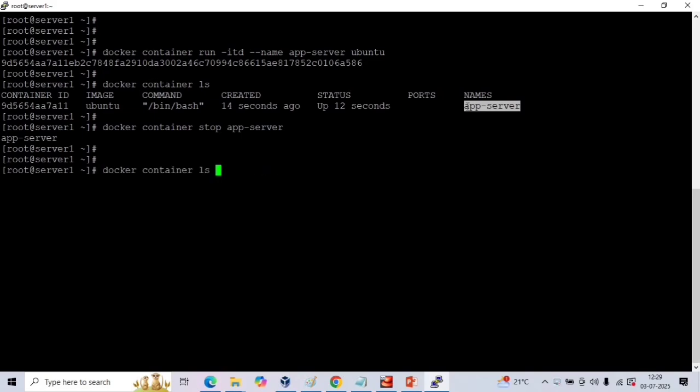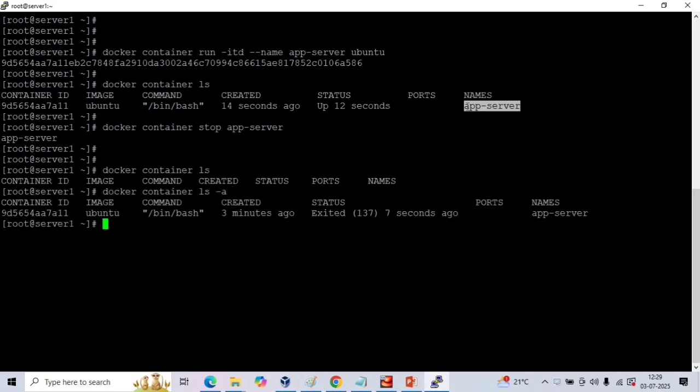Let's verify. So nothing is running. Let's verify with the -a. Okay, so we can see the app server container is in exited mode. Now, if you want to start this container, you can use the command